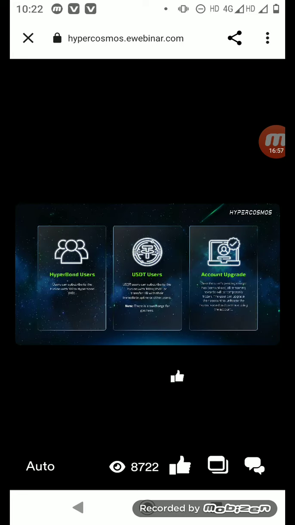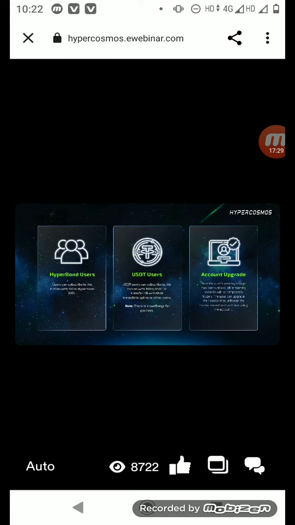Let's have a quick recap about the whole HYPERCOSMOSE ecosystem. Hyperbond users can subscribe to Hyperfusion with 100% Hyperbond. Users can conduct this Hyperfusion experiment with minimum 100, and the more material the user puts in, the better rewards they can reap. As for USDT users, they can subscribe to the Fusion experiment with 100% USDT. For USDT users that do not have Hyperbond, they can acquire it by having their upline who possess Hyperbond transfer it to them.